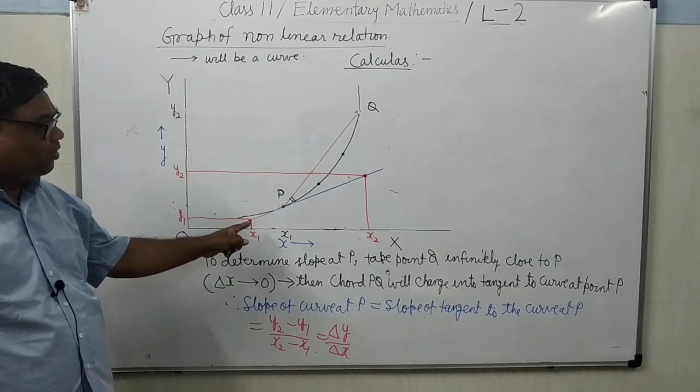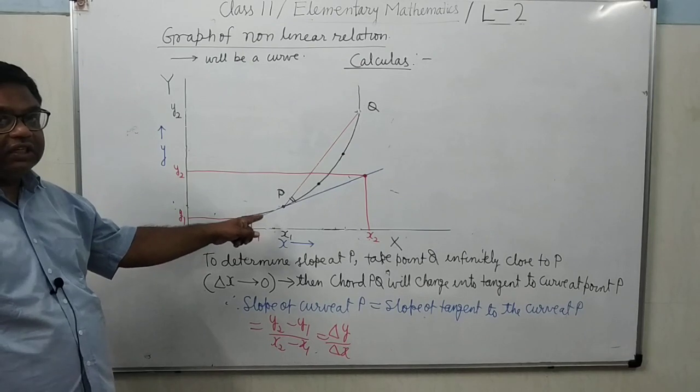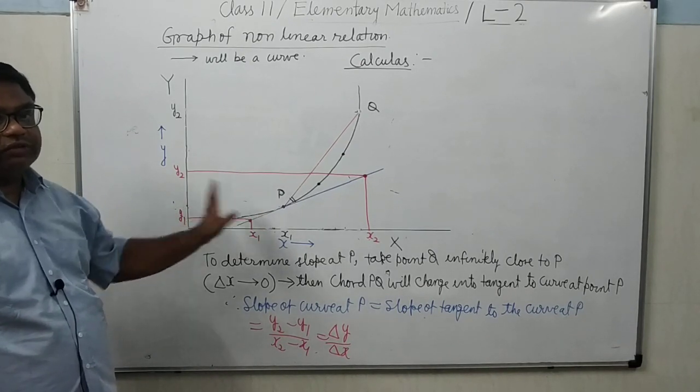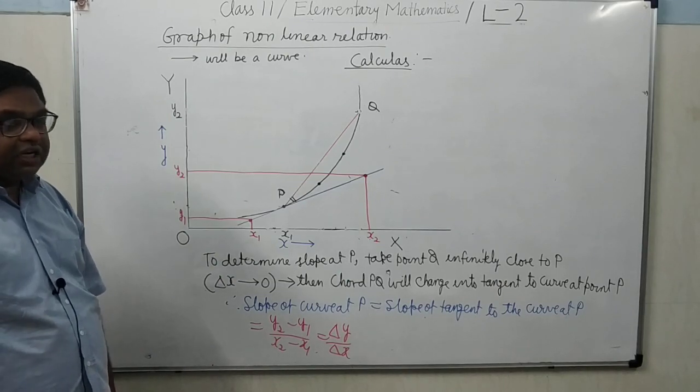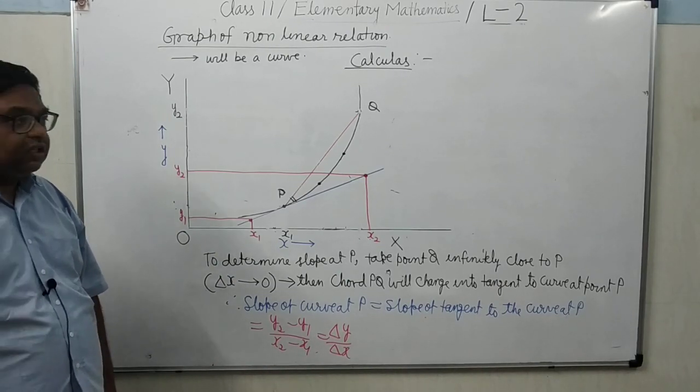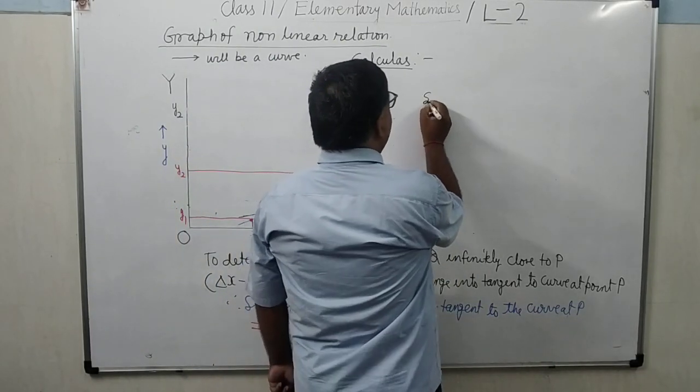First you draw the graph, then locate the point at which you have to find the slope, draw the tangent to the curve at that point, and then find out the slope of the tangent. Now there is another mathematical procedure. And what is the mathematical procedure? So just now you have seen that the slope of